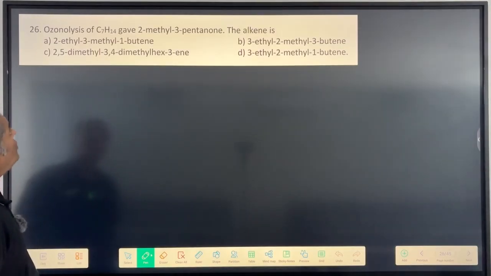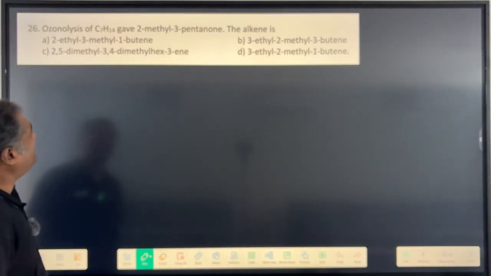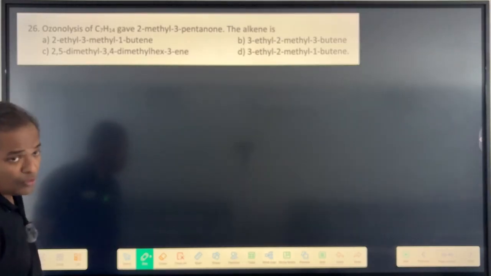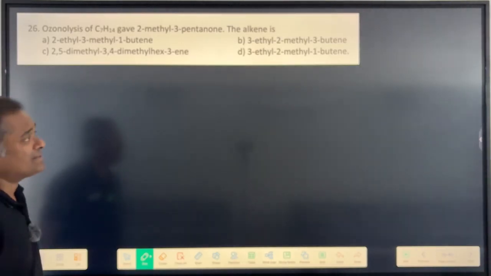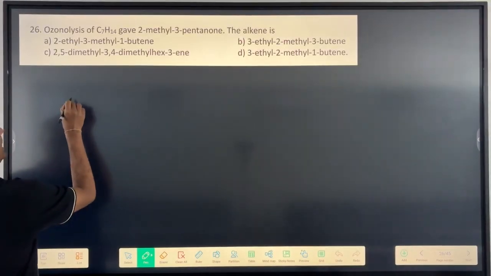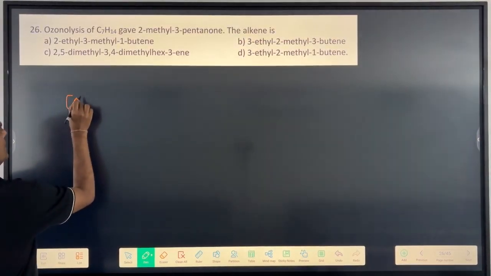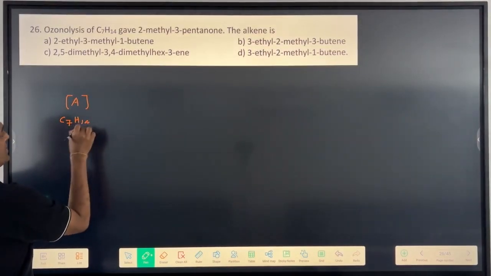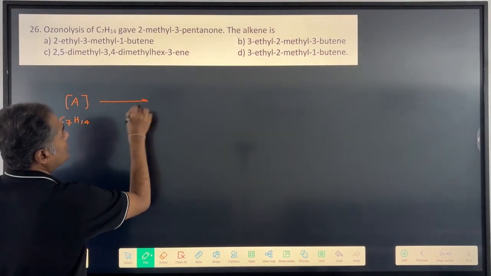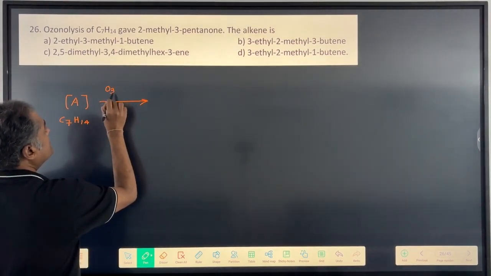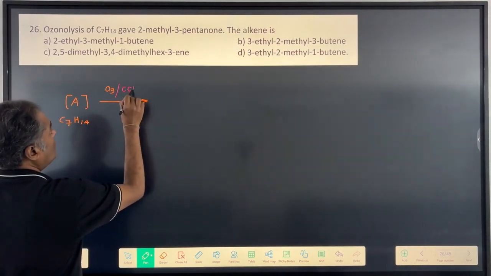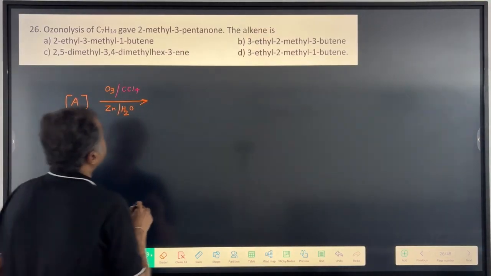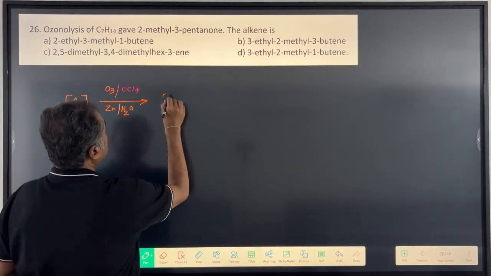Now, 26, ozonolysis of C7H14 gives 2-methyl-2-pentanone, 3-pentanone, the alkene is. Now, before we start anything, let us see. I have got an alkene, correct? And what is the formula for an alkene? C7H14. So, there are 7 carbon atoms. And what does this on ozonolysis give? Let us write. It gives you, child, 2-methyl